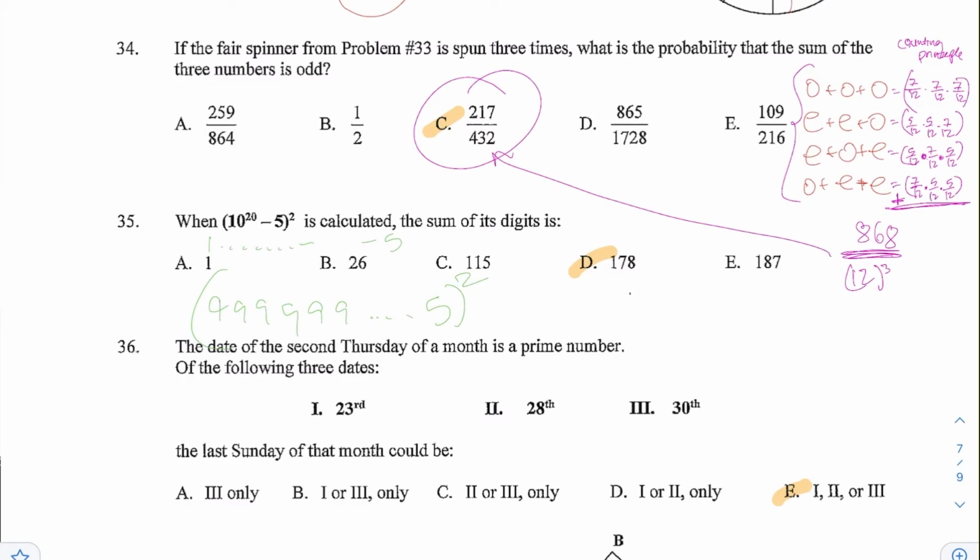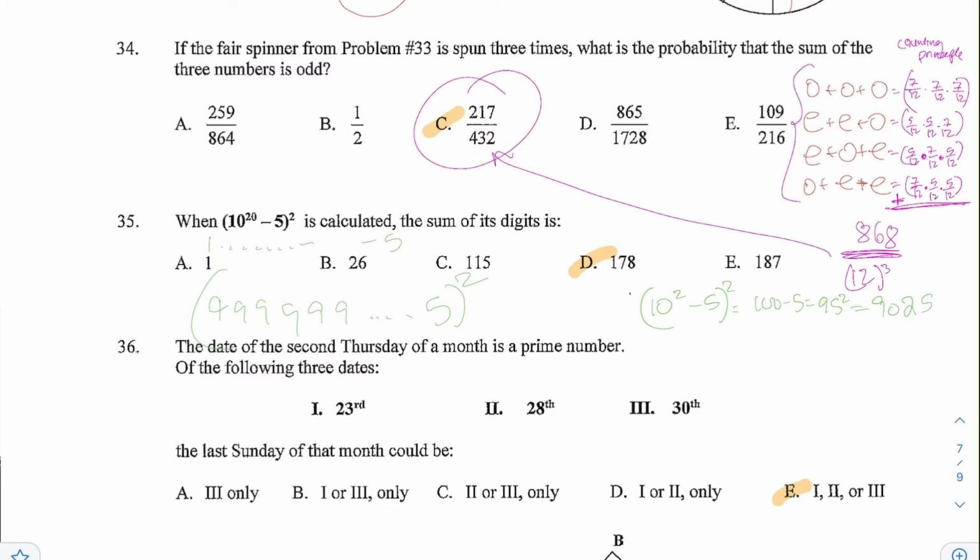So of course, even if you have a calculator, this number can't possibly fit. So you want to look for a pattern. Well, you can model this problem with smaller numbers. This exponent of 20 is really annoying, so let's model it using smaller numbers. Let's try 10 squared minus 5. So this would be 100 minus 5, or 95 squared. And when you have 95 squared, on your calculator,